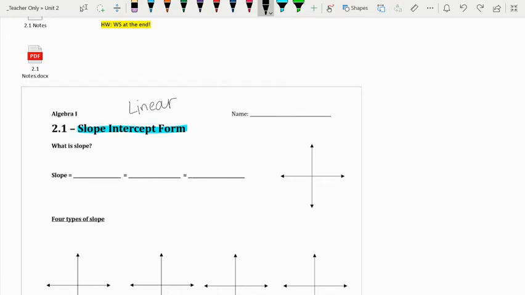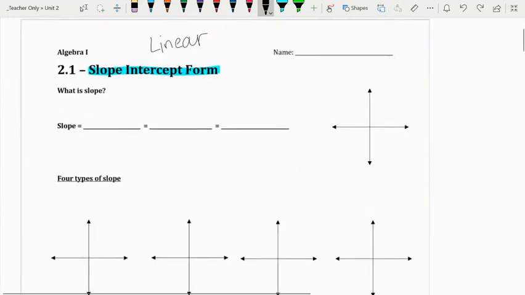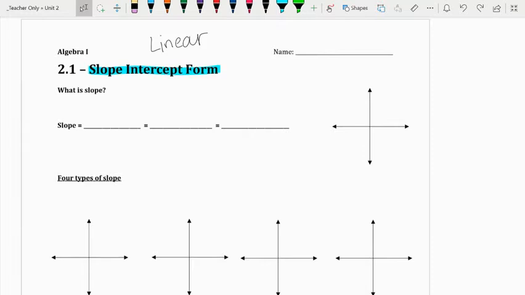But before we talk about the actual equation itself, we need to dive into slope in general. Okay, slope, I know that we have a big background on this. What I say is change in y over change in x. And that's actually a triangle called delta that comes from Greek lettering. Delta means change in. So what you're doing is you're taking y values and subtracting them, and then x values